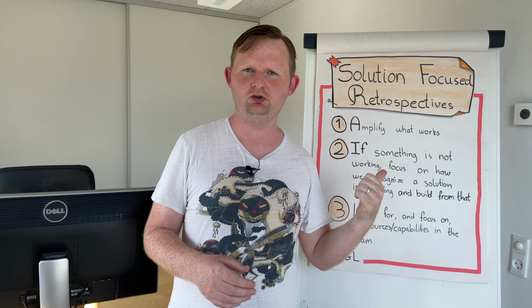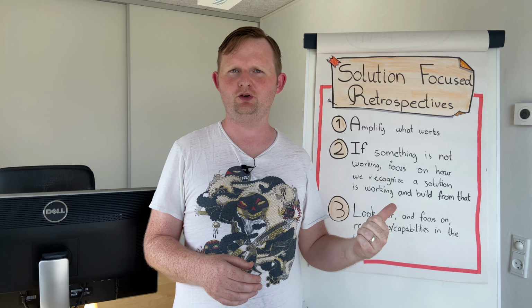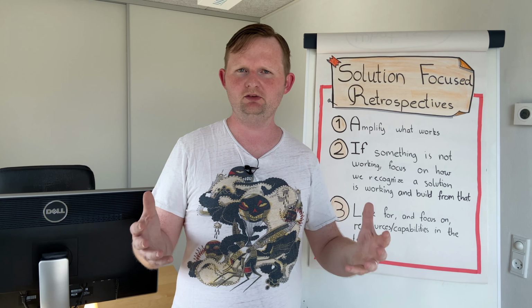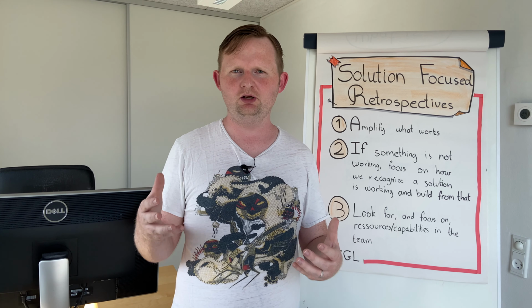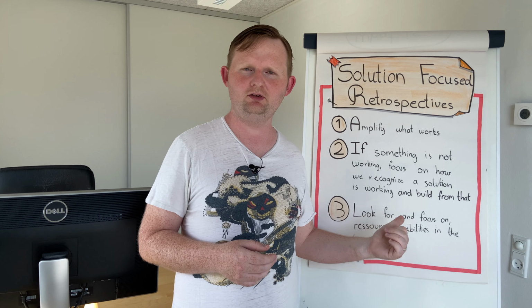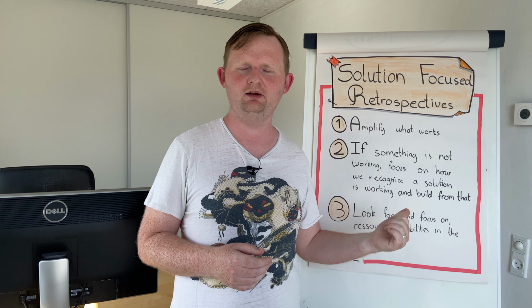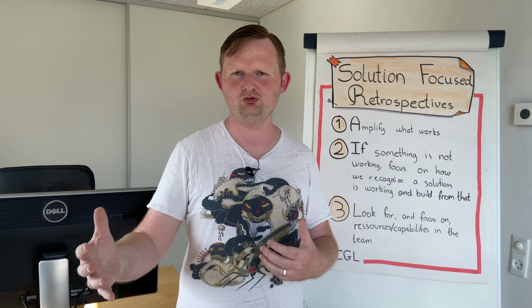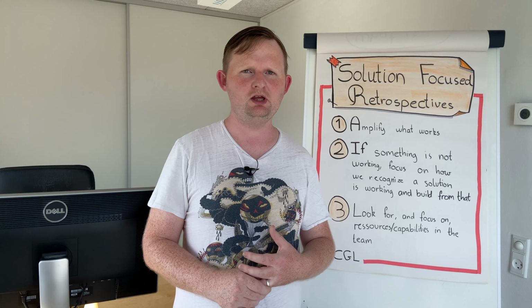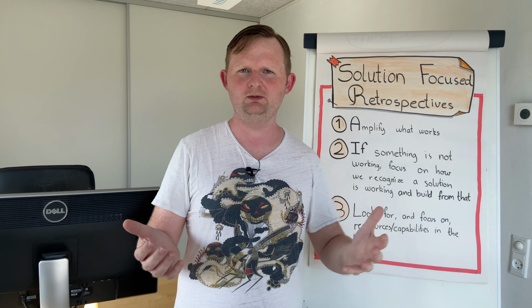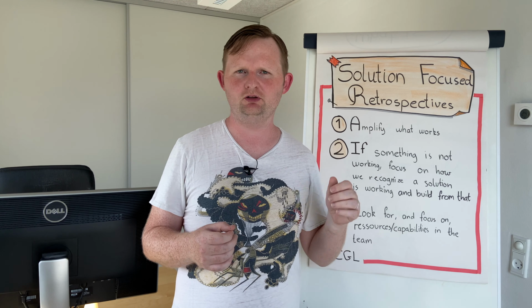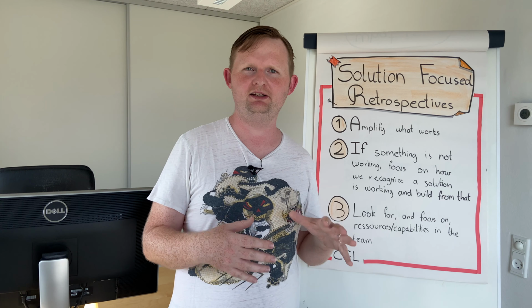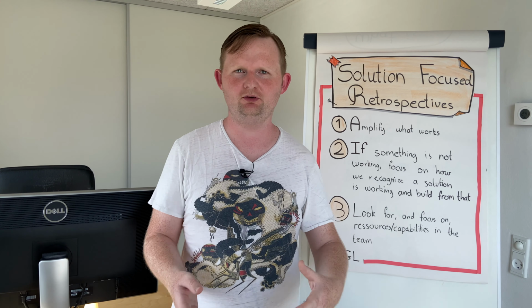When we have identified these areas, amplify what works. If something is not working, focus on how can we see that it's working and then amplify that. Of course, there will be some stuff that is outside the team's control, but then focus on how can we see something has changed, something has become better, and build a solution around those changes and figure out what actions need to come. And that's probably where the Scrum Master or team lead steps in and helps resolving these things outside the team. I am hoping this gave you an idea on how to move forward with the retrospectives.